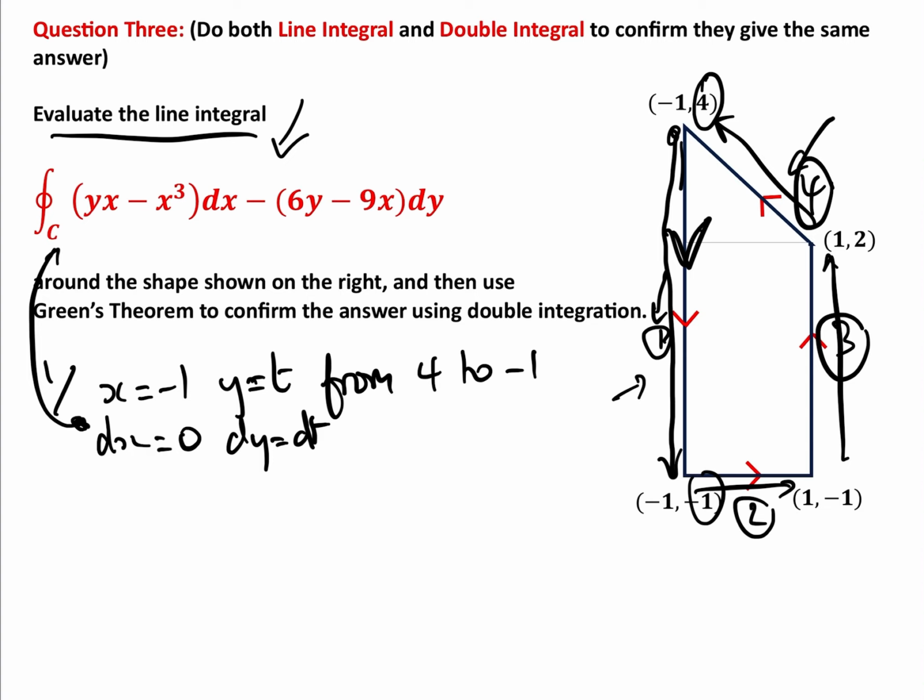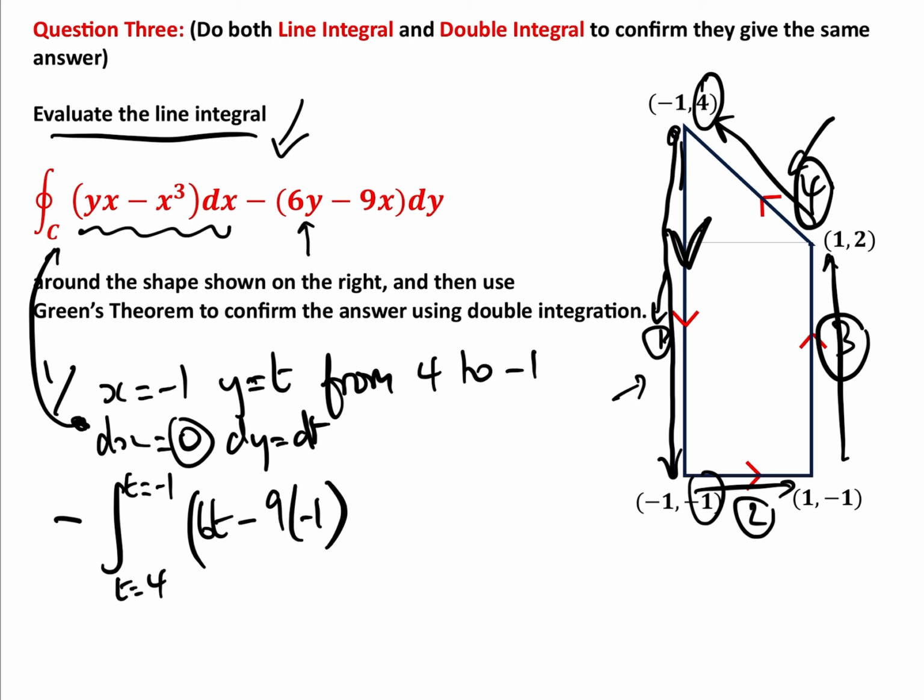This is going to be quite long, and that's going to basically be minus, because dx is 0, this whole bit we can ignore for this particular line integral. So that's going to be equal to minus the integral from t equals 4 to t equals minus 1 of 6t minus 9 times minus 1. I'm just putting y equals t there and x equals minus 1 there, dt, which equals the integral from t equals minus 1 to t equals 4 of 6t